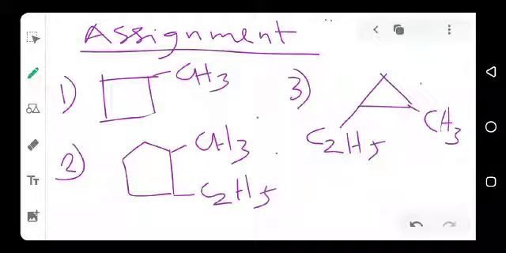To name it, you name the substituents alphabetically. Which one comes first in the alphabet? This one is methyl and this one is what? Ethyl. So you start from the one that comes first in the alphabet and name it. Then you check the total number of carbons in the ring. That will determine whether it is propane, butane, pentane, hexane, or any other thing. So the same thing with this one, you name it properly and submit. So next time